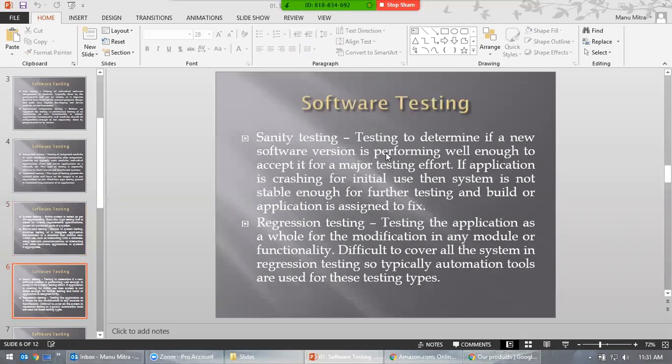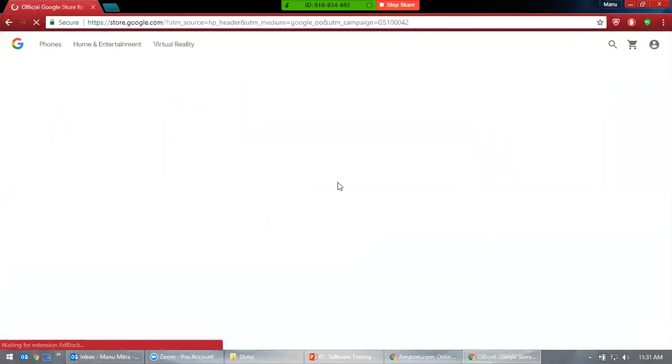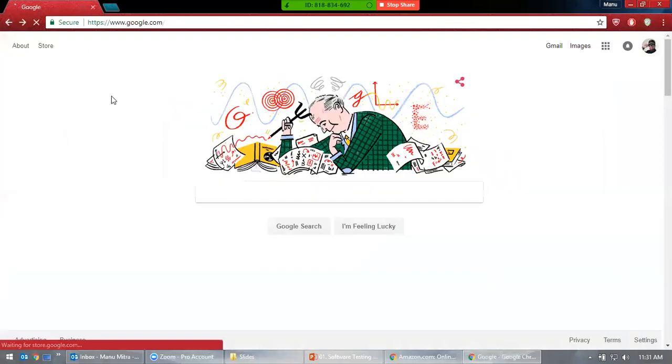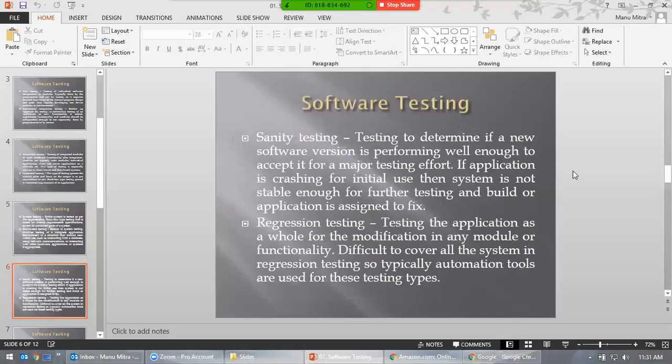What you exactly do in smoke testing is test the application randomly. Even if you take Google, you just click on this. Is this button working? That's good. Again, these buttons are working. It's good. So I'm just looking randomly and checking whether the application is good, because if the application is so bad, you cannot move forward with functional testing.